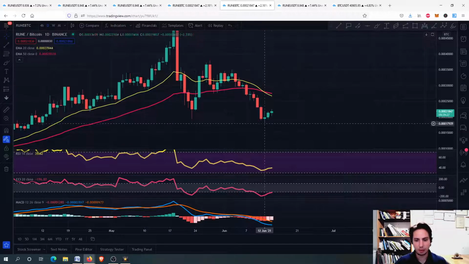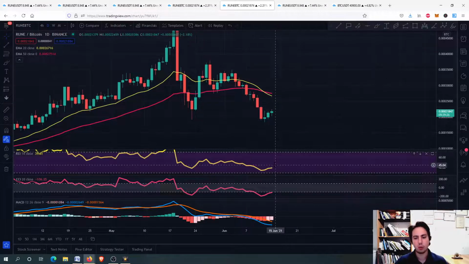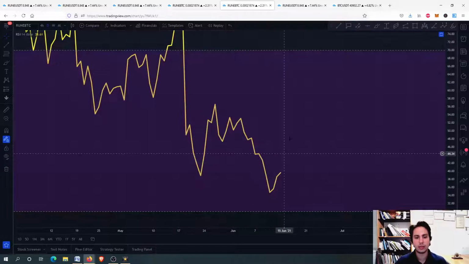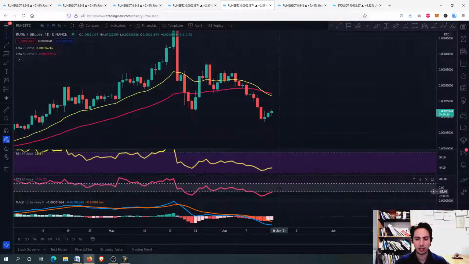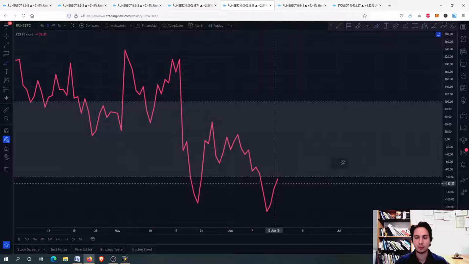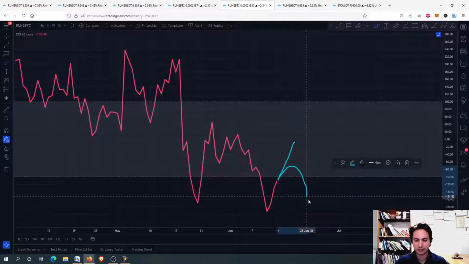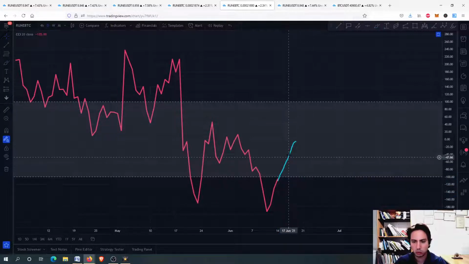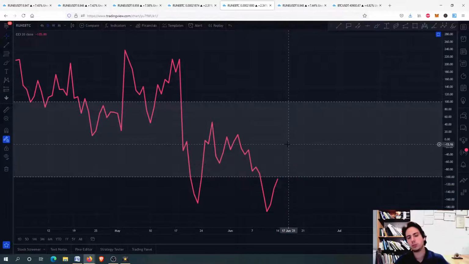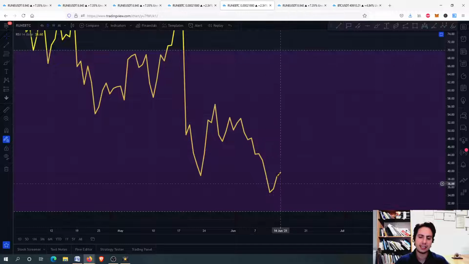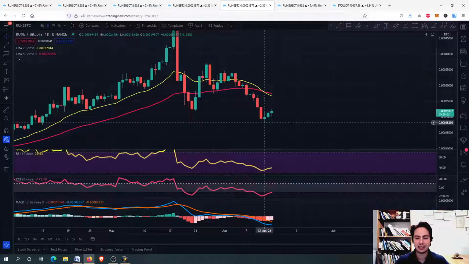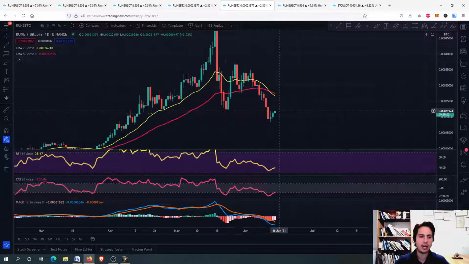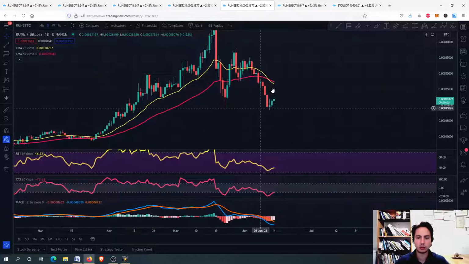So there we might see it pumping up more, and we want to see it going upwards more, because eventually what we can do, as we have seen before, is if we can go further above, we might be able to go like here and eventually come down again. We don't want to see that, although it is a possible scenario because the RSI is not yet at the 30 level. However, guys, I think that Rune against Bitcoin will have momentum and we will see a pump up,